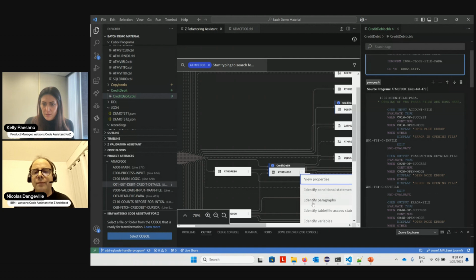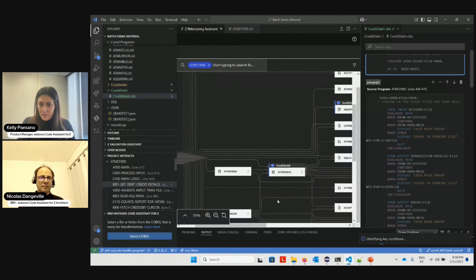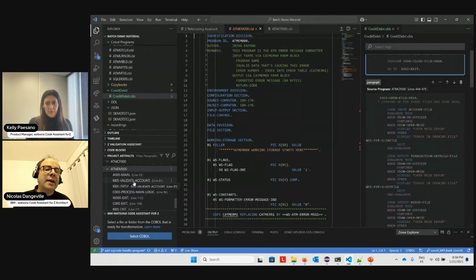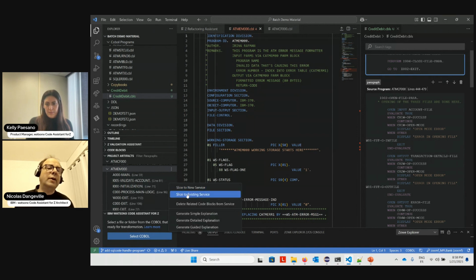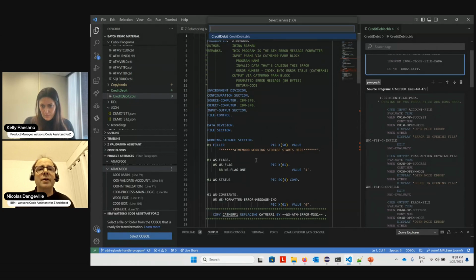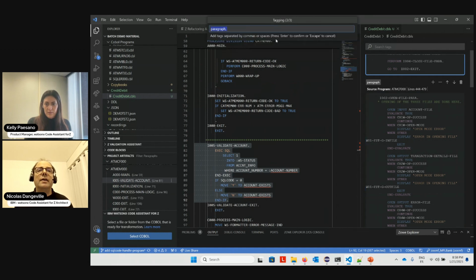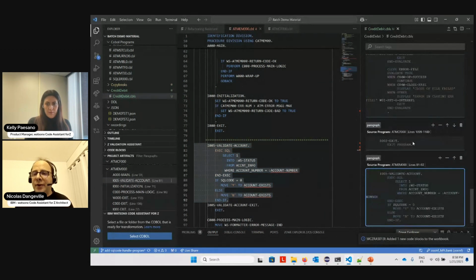So I'm going to do the same process, list the paragraphs of this program, identify what I care about, which is validate account, and I'm going to extract validate account, but this time to my initial extraction, my initial service, credit debit. Okay, and what it does is it adds one snippet, there's nothing more there, about validate account.